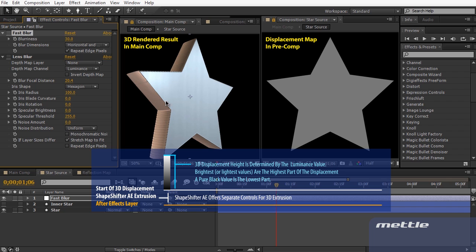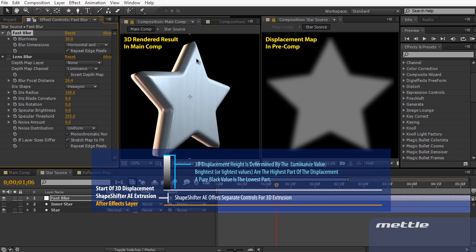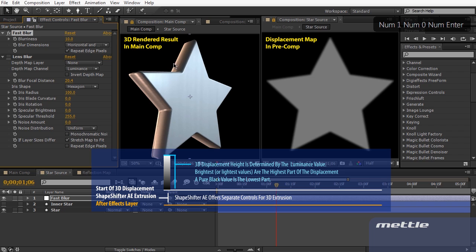It's very flat and very similar to the original source of the star. And I'm just going to turn on the fast blur just to get these nice soft edges and turn it back down to 10 so it's more subtle. Now the way displacement map works in ShapeShifter is pretty much the same way